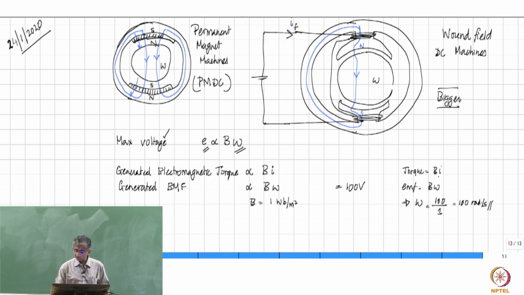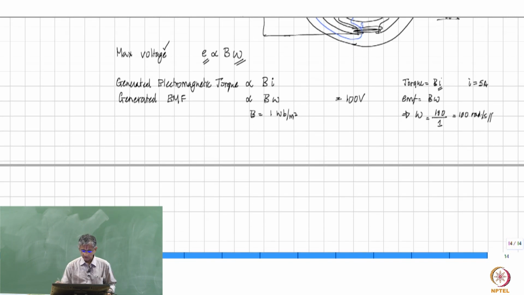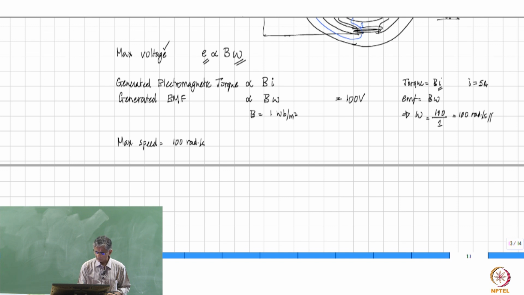The machine is also designed to take a certain amount of amperes. That also we have seen in the last class, that the maximum size of the conductors inside the machine is, somebody has designed it to be so much. It can take only so many amperes, and let us say the maximum flow of current is I equals 5 amperes. Arbitrarily I am just taking, which now means that maximum speed is equal to 100 radian per second. Maximum torque is equal to 5 Newton meters.